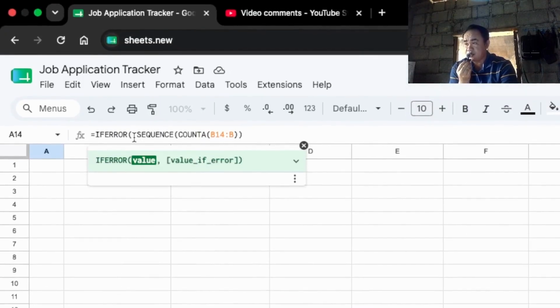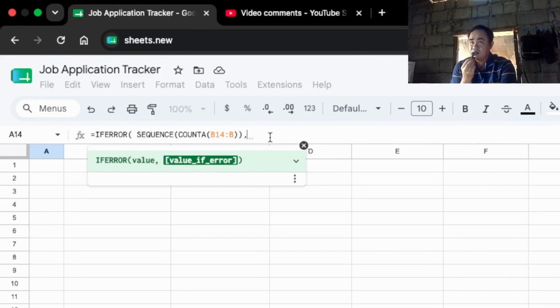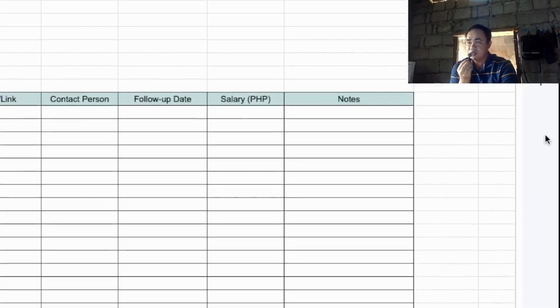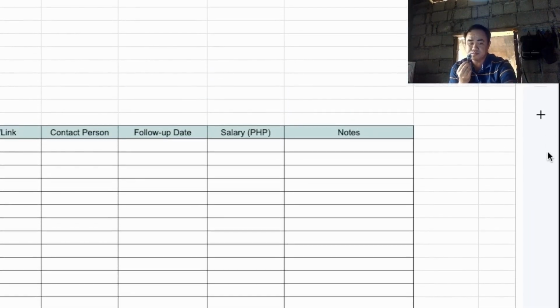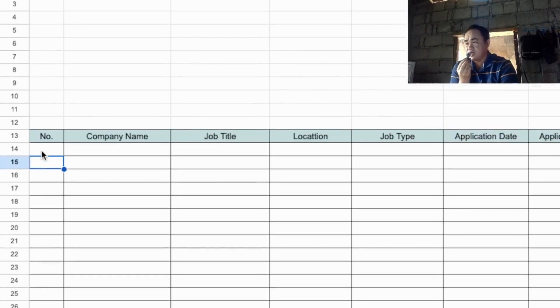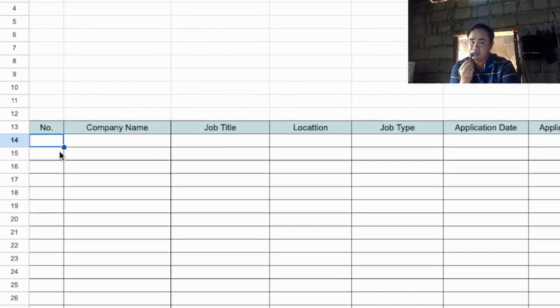IFERROR, open parenthesis, go to the last function, then comma, and then what character or word is it going to return? Let's say we return empty. To return that, enclose a space in double quotation marks and close that off. Then press enter. As you can see, guys, the error here is gone.